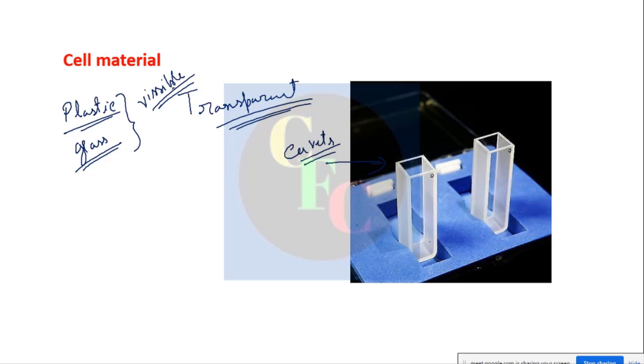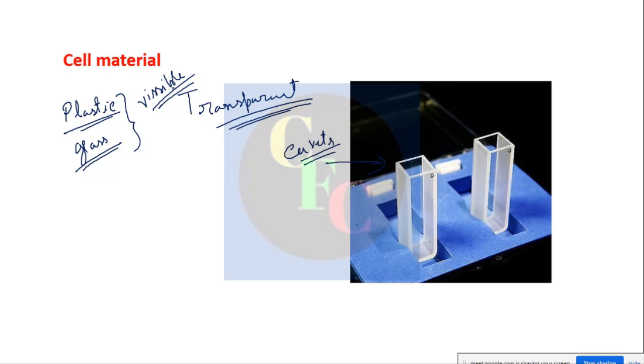And what is black? If you see something black, that means whatever light is falling on it, it is absorbing. What is white? White is neither absorbing anything nor transparent, it is just reflecting everything back. And suppose there is any other color, that means it is absorbing the other wavelengths and reflecting only that wavelength, right? So this is our concept of transparent.